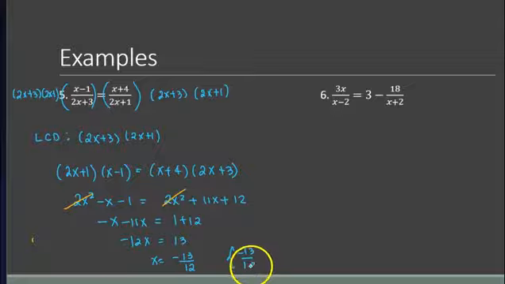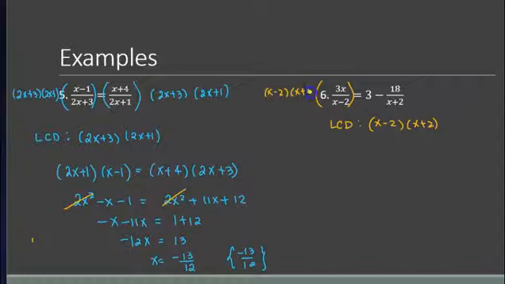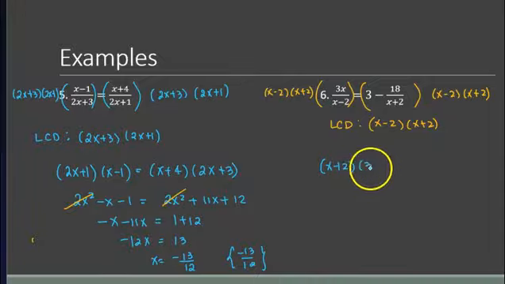Then on this one here, same thing, right? What's the LCD? You have two unique, different denominators, so your LCD is x minus 2 and x plus 2. That means you're going to multiply both sides by x minus 2 and x plus 2. Then, when we do the multiplication, you can see that x minus 2 will cancel out, so you just have an x plus 2 times 3x.